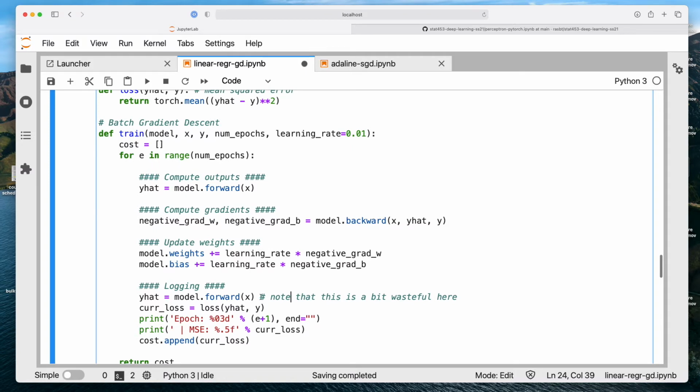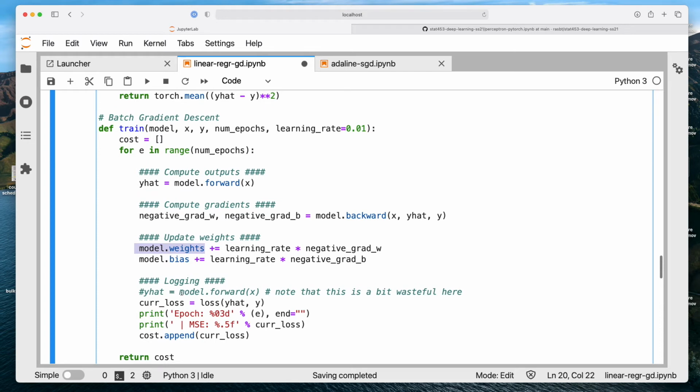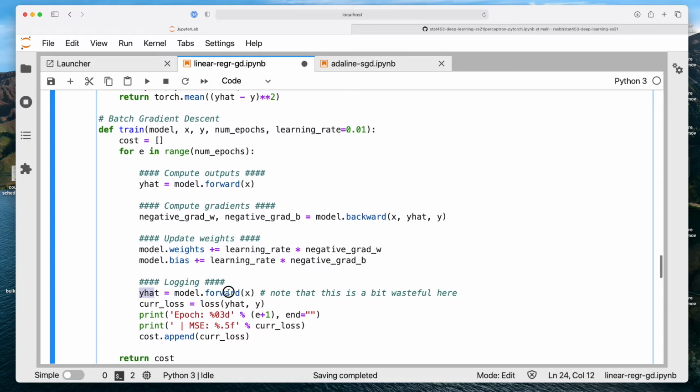I see now, because this would be the 0th epoch, and this is after we updated. I could technically remove that and show it to you starting at the 0th epoch, but then we won't know what the last gradient update looks like, right? Because when we update the weights and then we don't compute the last prediction with updated weights, we don't know how the final model looks like. So this way, in the last iteration, we also know how the final model looks like.